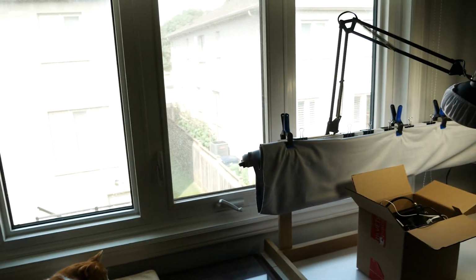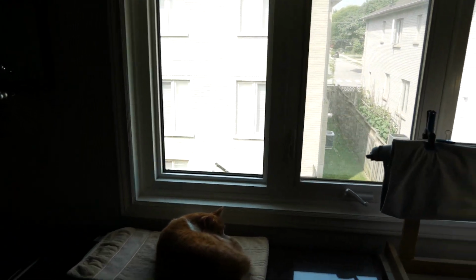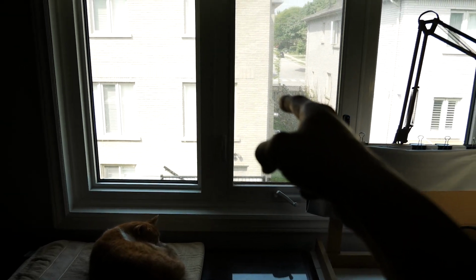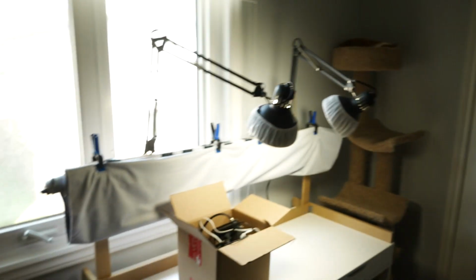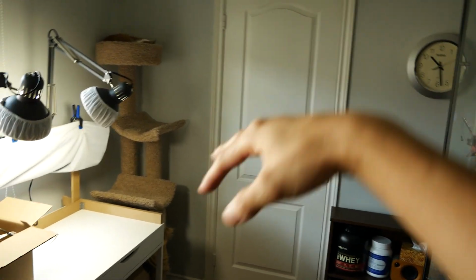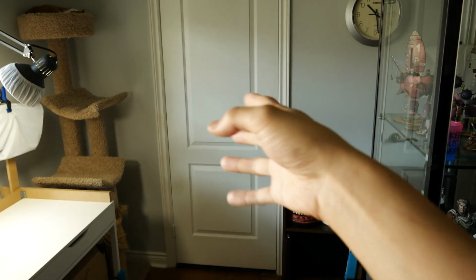One other advantage to this room as well. So the layout of this house, this direction is east-west, so I believe east is behind me, and this is west. North-south, and the old studio room would have been the room adjacent to this. So that room never actually got any sun, which meant that my cats never actually got any sunlight during the day if they were in the room and lounging, which they usually were because, as a tangent,